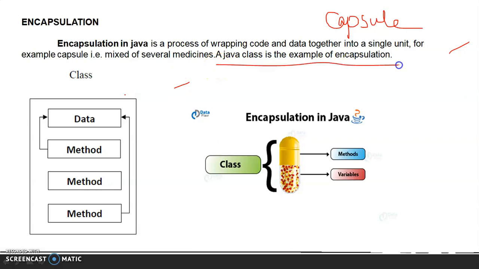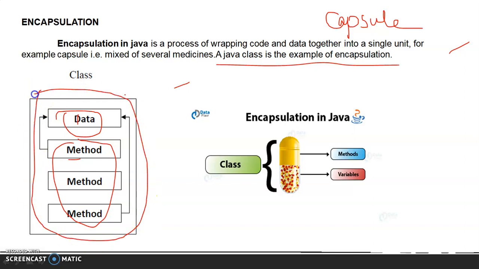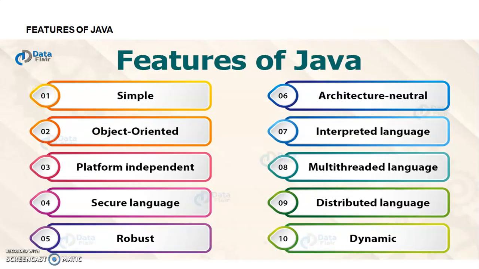of encapsulation. So this is the data, these are the methods, right? There are 3 methods and 1 data present in the class. So that class is going to be a single unit. Once again, I'm telling the definition of encapsulation. A process of wrapping or binding or including the data and methods into a single unit is known as what? Data and methods into a single unit is known as encapsulation. So these are the concepts of an object-oriented programming language.